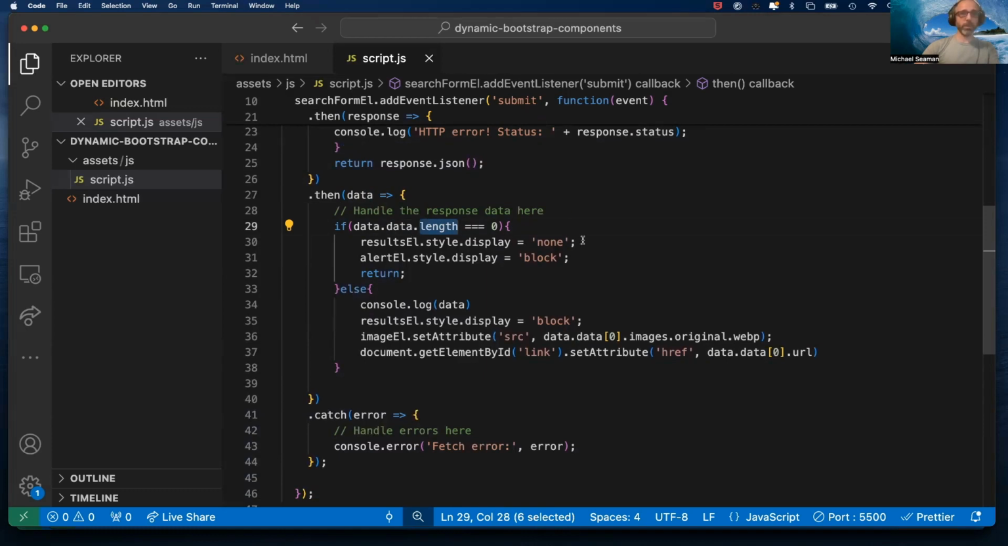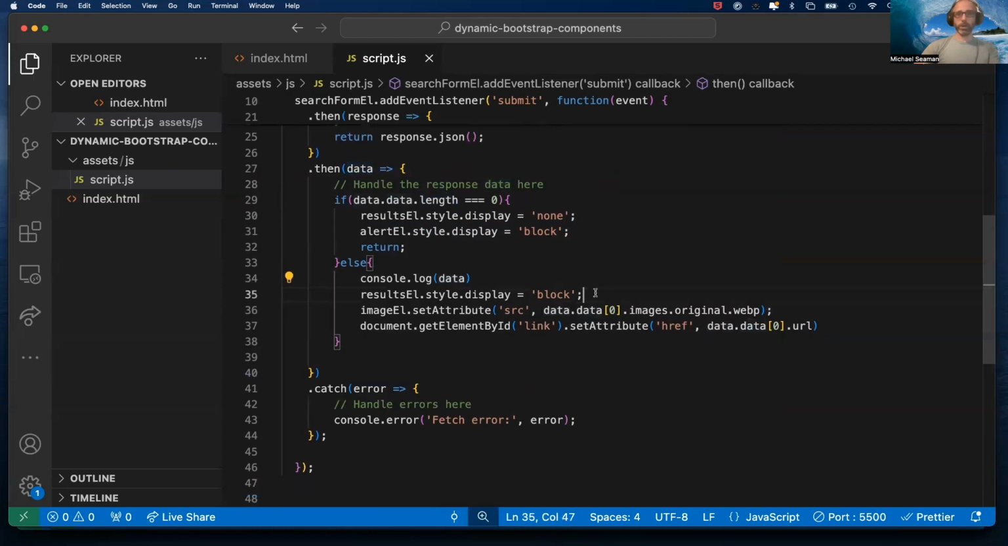If so, we don't want to see that card that's inside of this results element. And we do want to see the alert here, the dismissible alert. But if the response contains at least one GIF, we will go ahead and console log it. We'll go ahead and show the card, and then we'll give the image element inside that card a new source attribute, which is equal to an image URL that I found by parsing through the data. And then I set the link